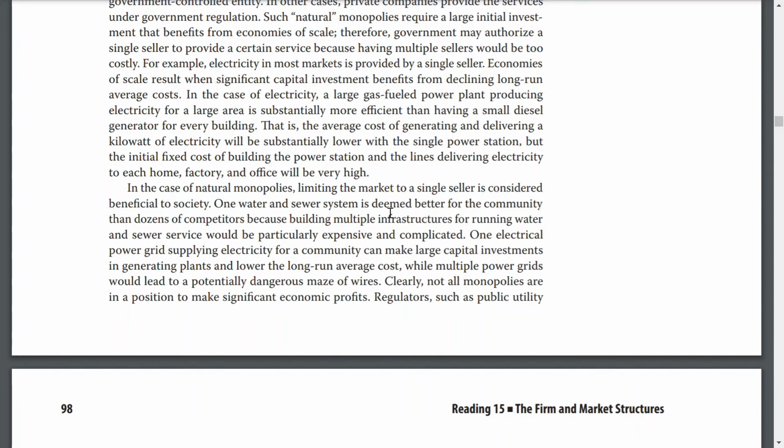Economies of scale result when significant capital investments benefit from the declining long-run average cost. In the case of electricity, a large gas-fueled power plant producing electricity for a large area is substantially more efficient than having a small diesel generator for every building. That is, the average cost of generating and delivering a kilowatt of electricity will be substantially lower for a single power station, but